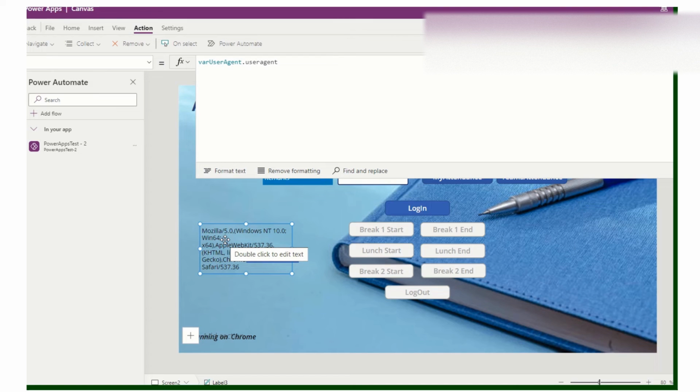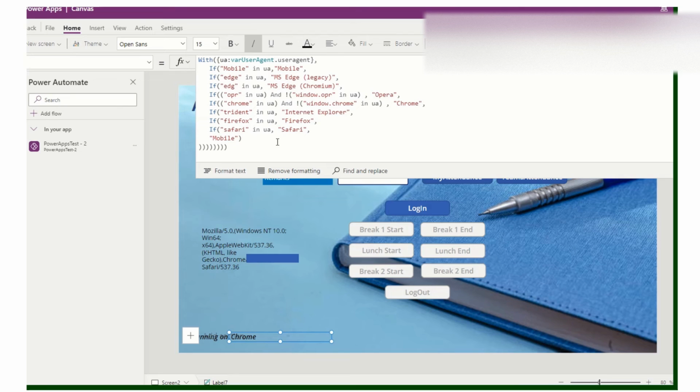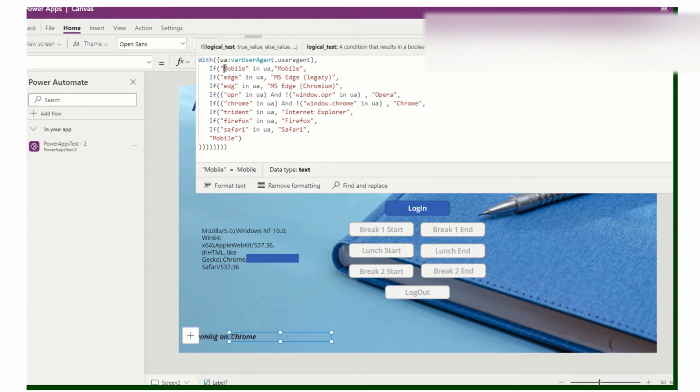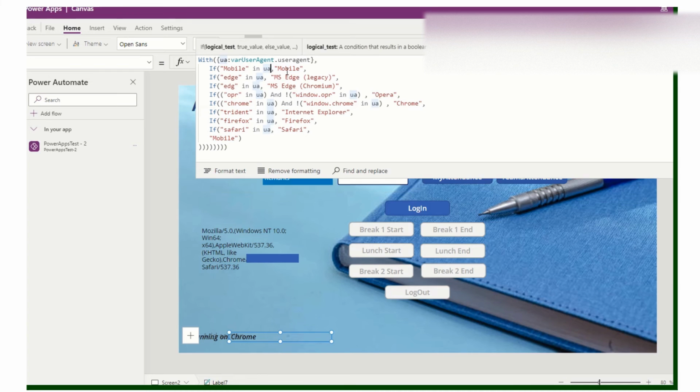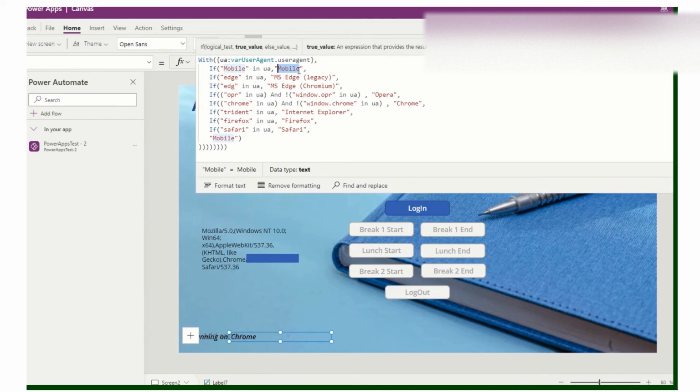So, use the extra formula. I created a formula first. If it detects the data has the word mobile, then it returns mobile, running on mobile.